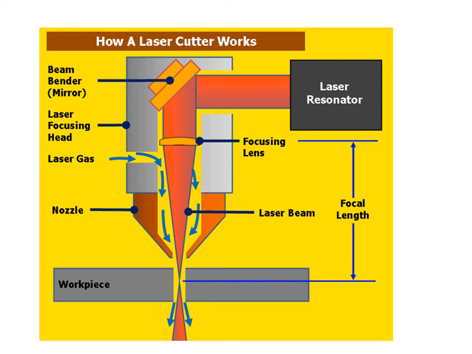You have got the laser which is emitting, in this case it is this red color which is the laser emission. Then it is reflected using a suitable mirror, which is labeled as beam bender or mirror. Then that should be focused using a convex lens. In order to increase the energy density at the spot where the laser is falling, we are focusing the beam so that maximum heat will be generated and the cut will be done easily.